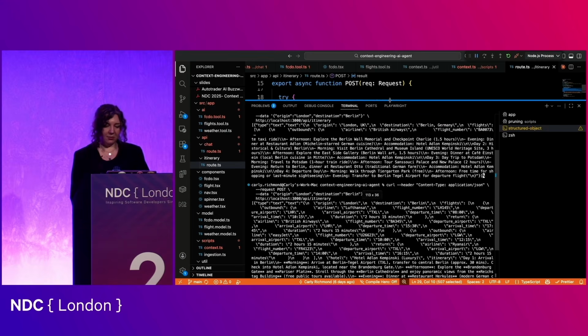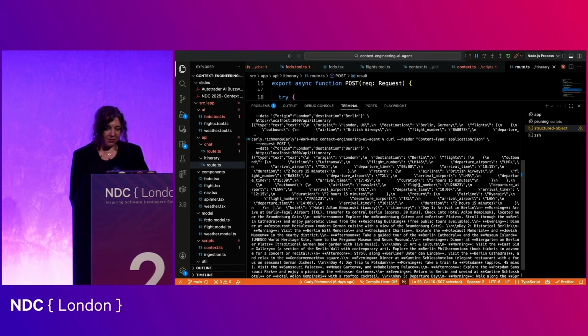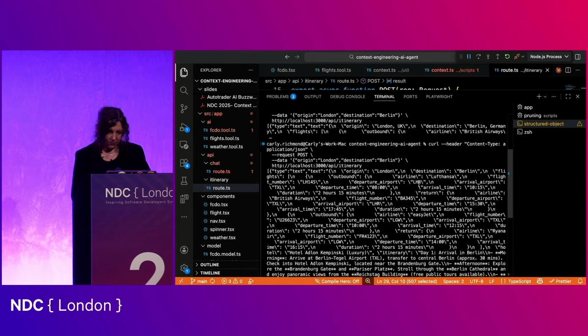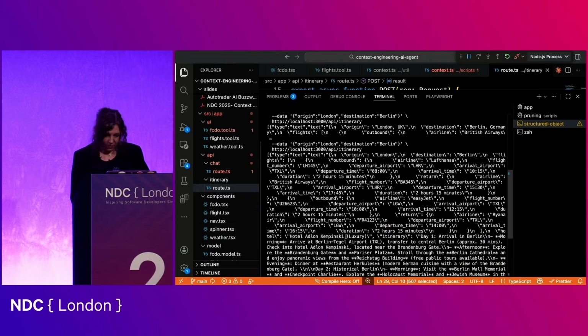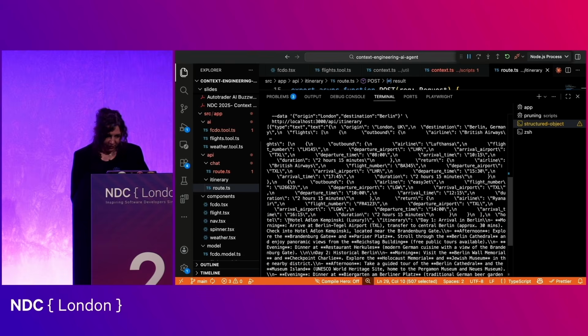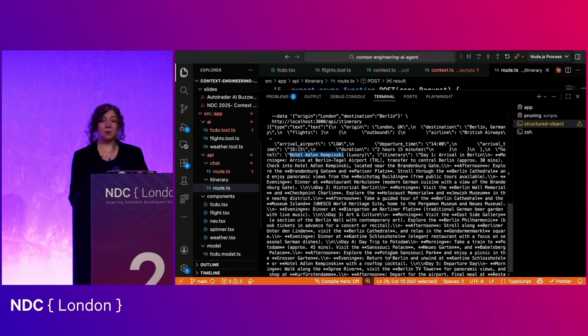And as you can see from the terminal output, good old-fashioned Blue Peter style, here's one I did earlier. If I zoom in a bit more, there we go. Here is our result. It's spat it out as text, but you'll see that we've got the relevant parameters, so we can then process it and convert it back into an object. I've got the origin of London, the destination is Berlin. You'll see I've got the flights array in here. If we scroll down further, you can see I've specified the hotel, so it's basically figured this out from its own context. And then indeed you'll see that we've got a big long itinerary, similar to what we've been generating before.